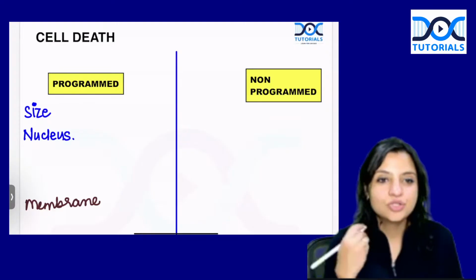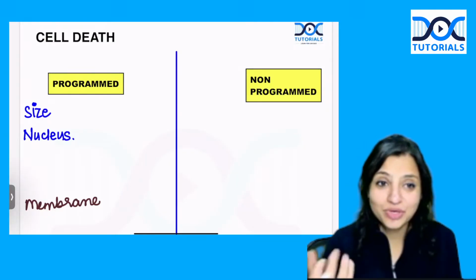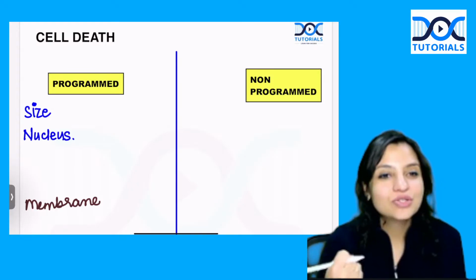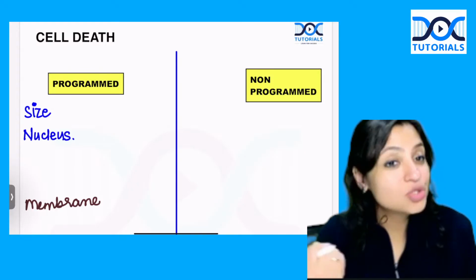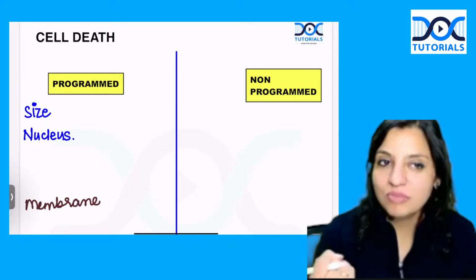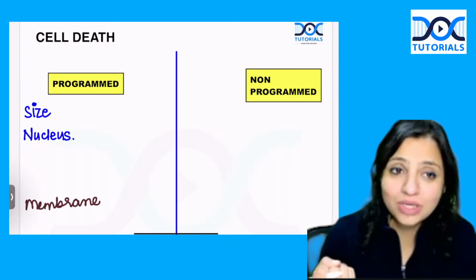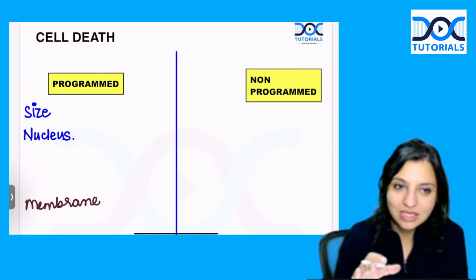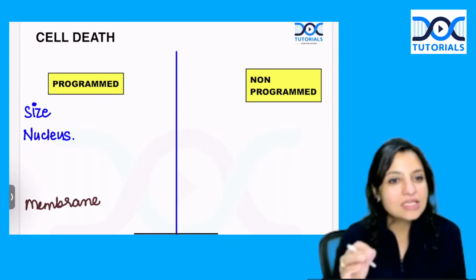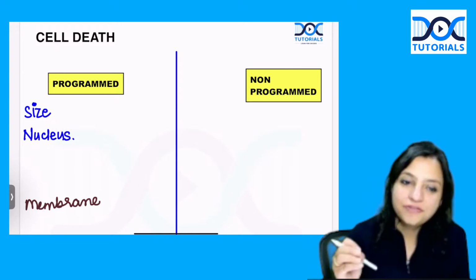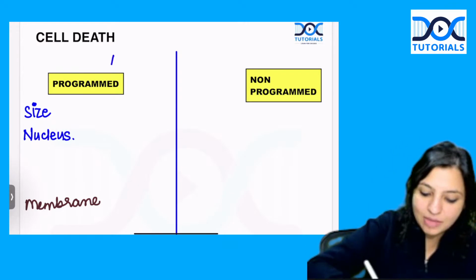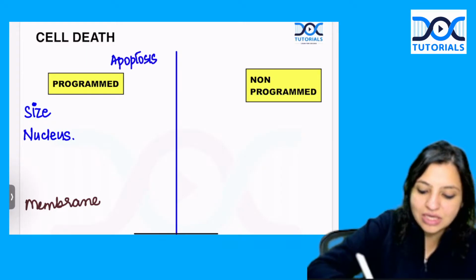Okay, so today we're going to study another story in pathology about cell death. This is also one of the very important short notes that is asked in your exam. Remember, whenever you're attempting a short note in your exam, make sure that you draw a table and write it properly. So today's story is about how to remember the difference between a programmed cell death, that is called apoptosis, versus a non-programmed cell death, that is necrosis.